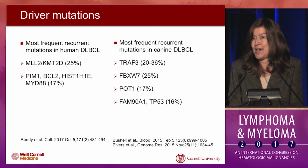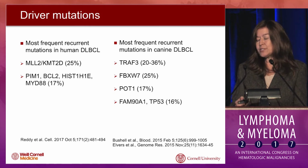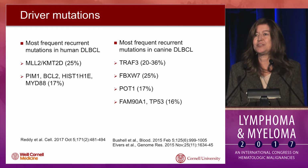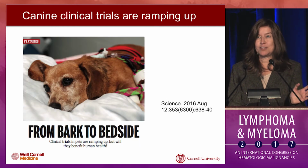in similar pathways. So for instance, that TRAF3 gene that's at the top of the list is a negative regulator of the NF-kappa B pathway. So we're still in the process of matching up the functional correlates between dogs and humans, but it's starting to look like different genes are mutated, but they sort of affect the same functions. So the molecular